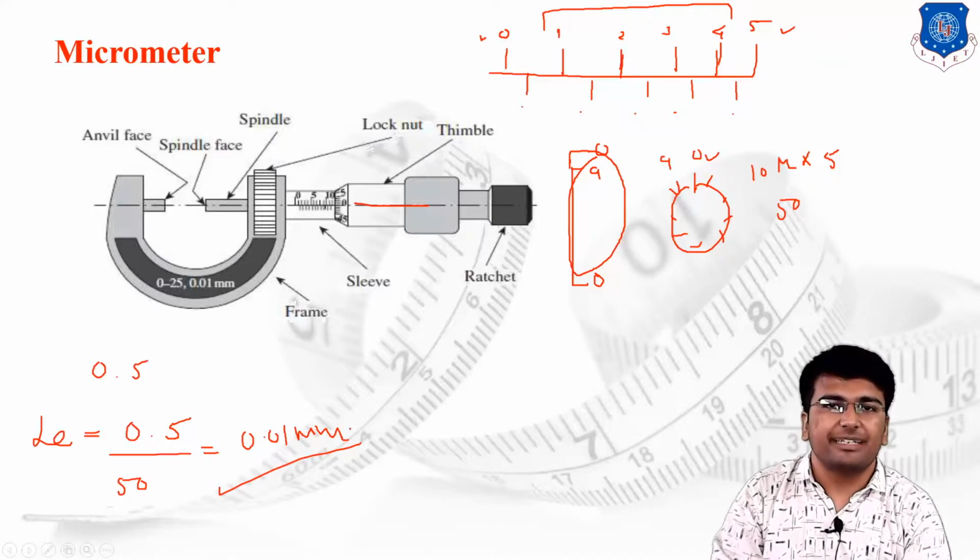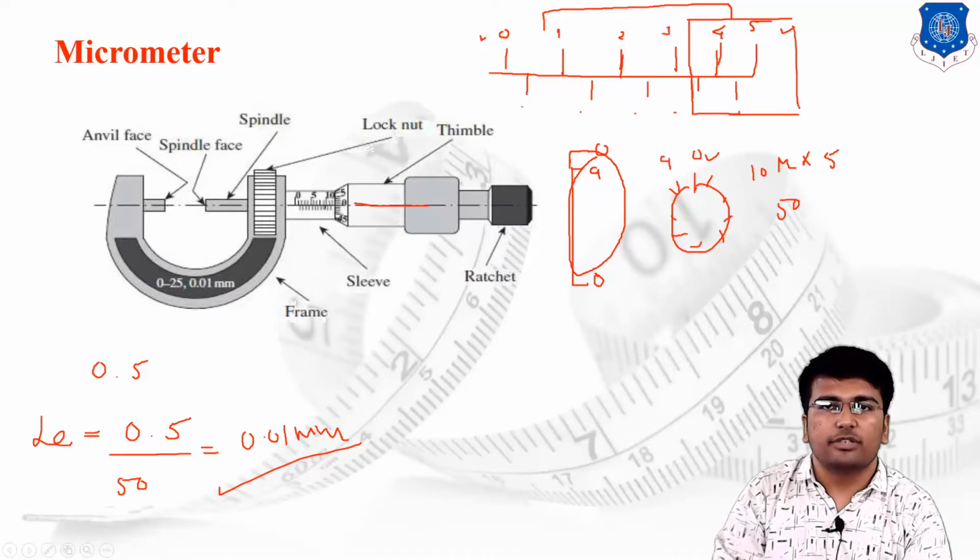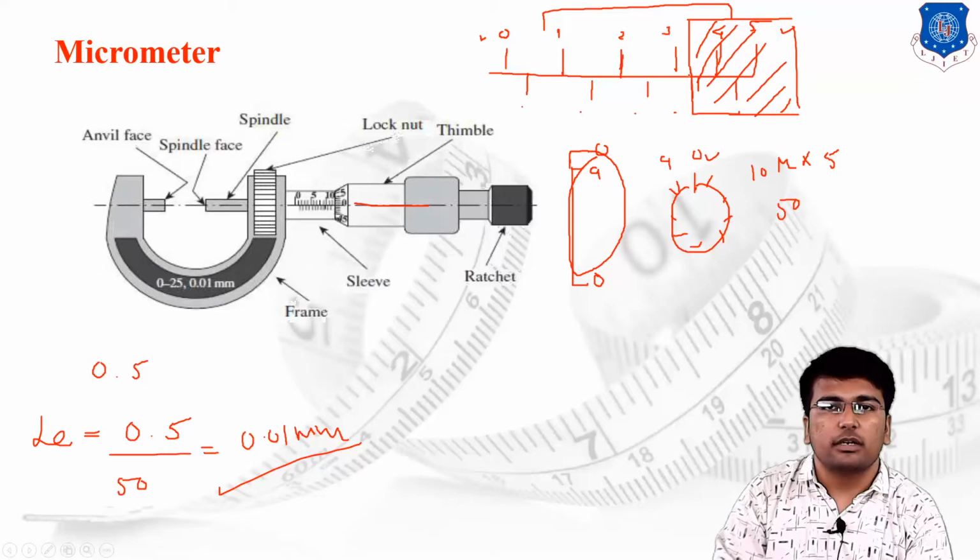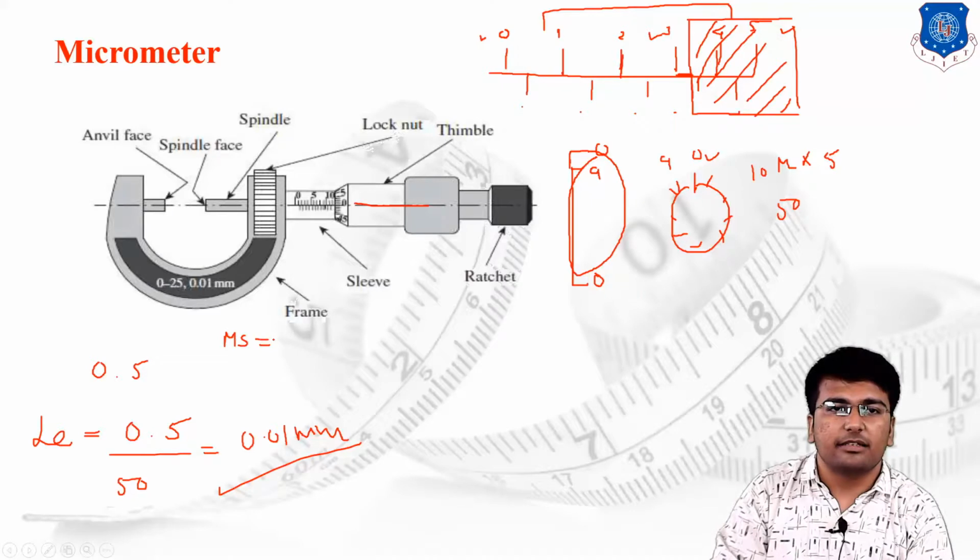What is the concept of the measurement? The same concept of the measurement. Suppose your circulatory scale will fall over here. This is the line of 3.5. Okay, suppose your circulatory scale will fall over here. Then what we are supposed to do? We simply check the position on the main scale, which particular reading you can read from the main scale. So I can say that I can read 3 mm properly. So I will write down here the main scale reading, 3 mm.